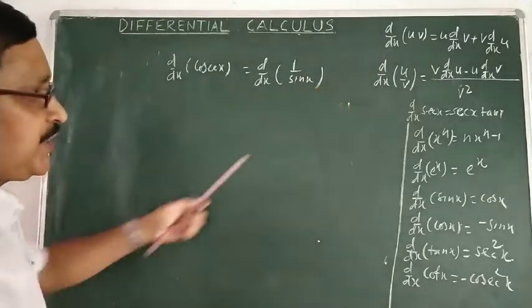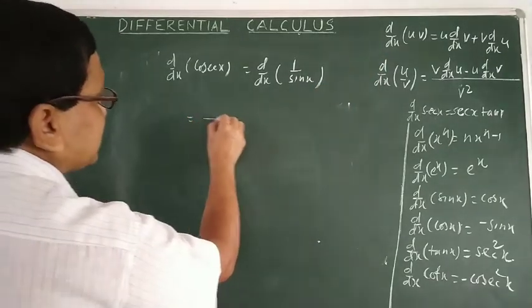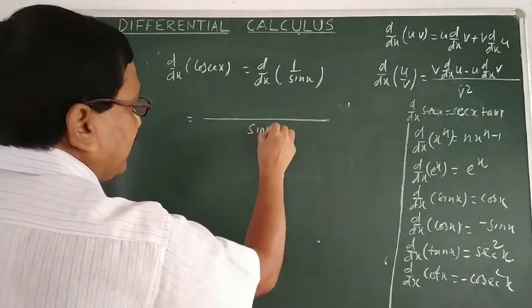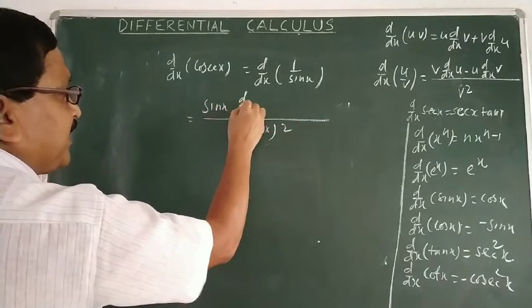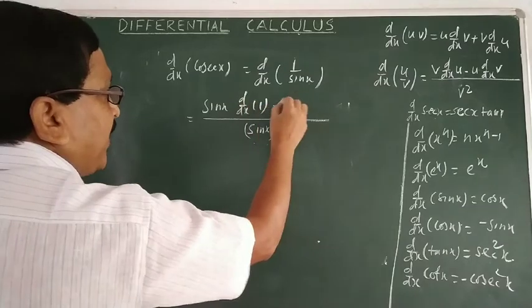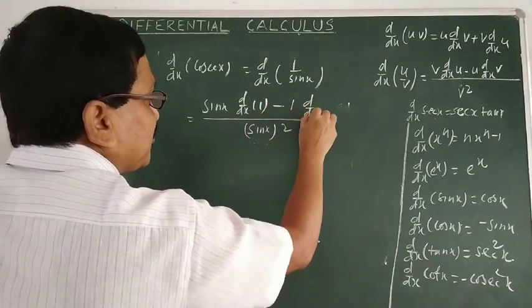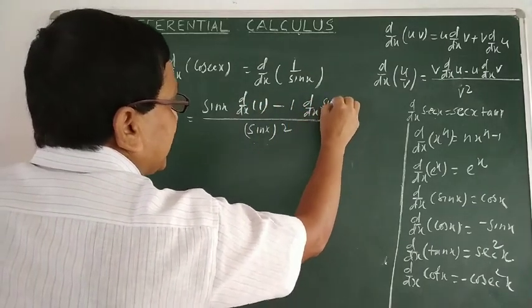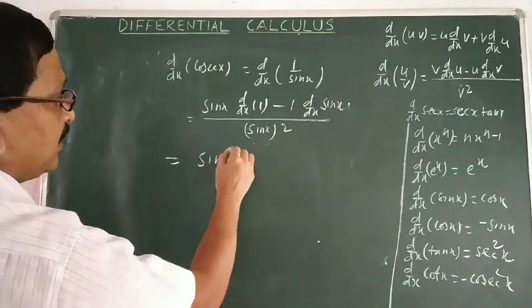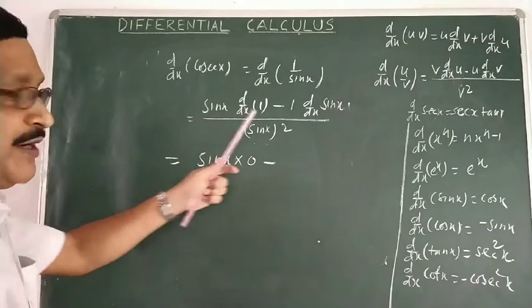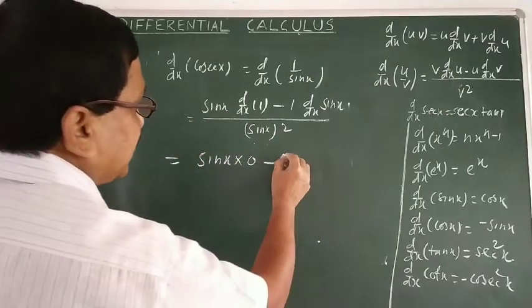By the same quotient rule, this formula, this is sin x whole square. Starting from the same sin x, d by dx of 1 minus 1 d by dx of sin x. Now this is sin x into 0, d by dx of 1 is 0, I have already told, minus 1